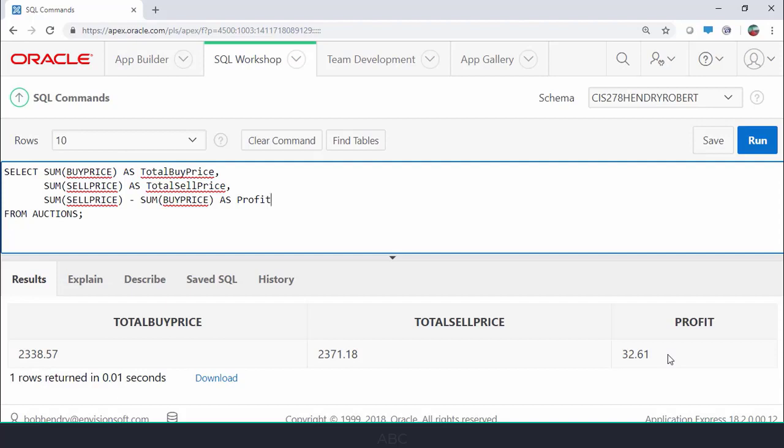We don't care about that. When we're using aggregate functions, we're basically saying, show me total information. How many records do we have? What was the total buy price for everything? What was the total sell price for everything? What was our profit margin? Now,